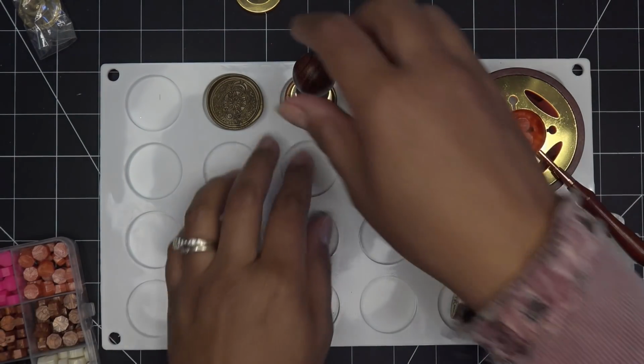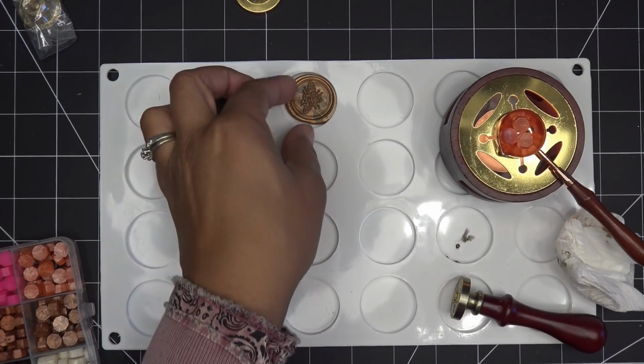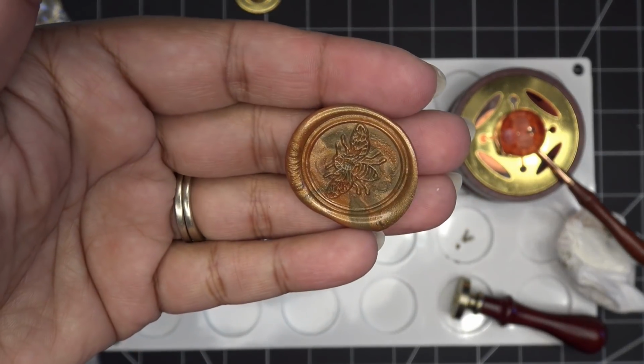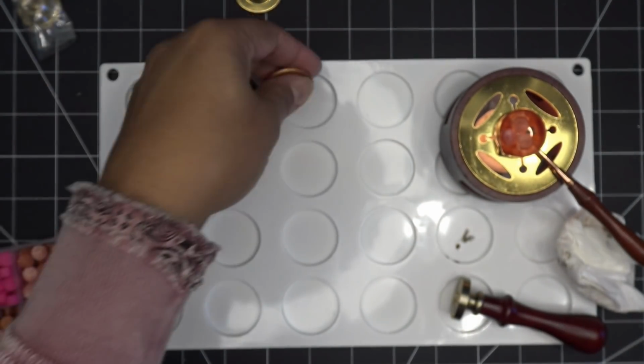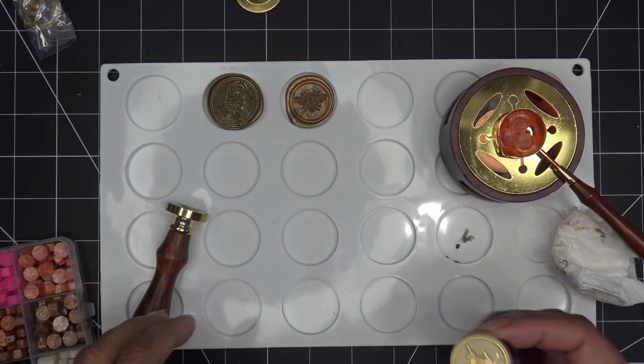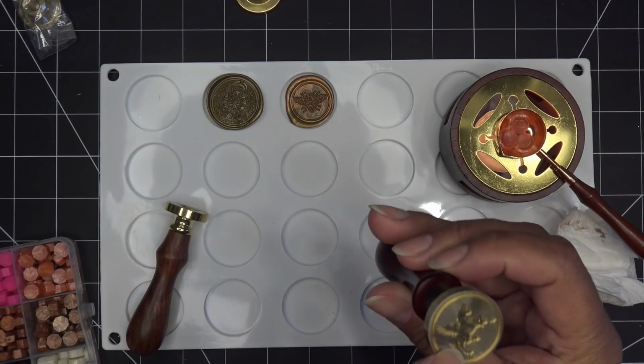That little spoon gets really hot. Oh, and there you have it. Pretty. I love the swirl of the colors in there. Okay, I'm gonna let this do its thing, and then I'll have it with this, I guess, alicorn, because it